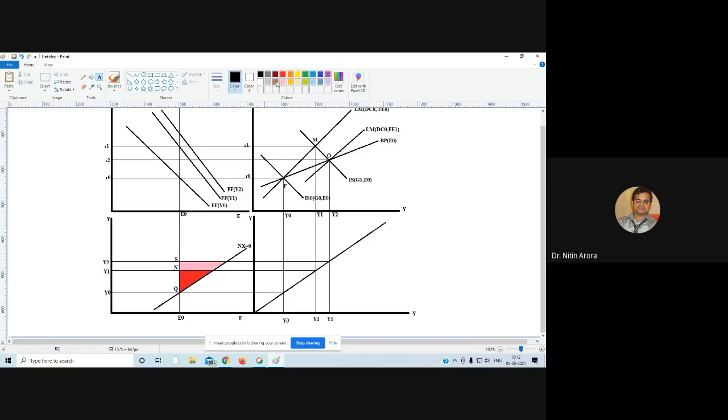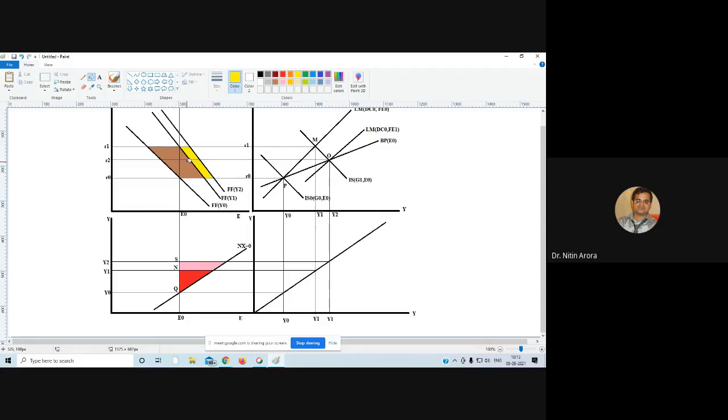Earlier, I showed you, the earlier surplus was when we shifted to FF1. This entire area was the surplus, because of the increase in the rate of interest to R1. But once R1 has been reduced to R2, what will happen? This yellow area of the surplus will be reduced. This yellow area surplus in the capital account will be reduced, but still